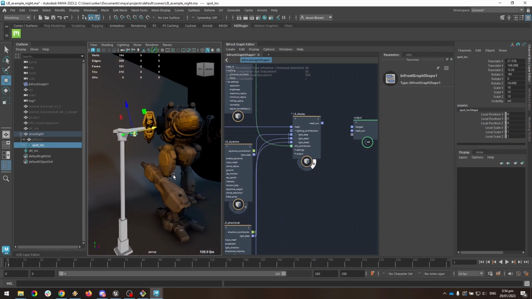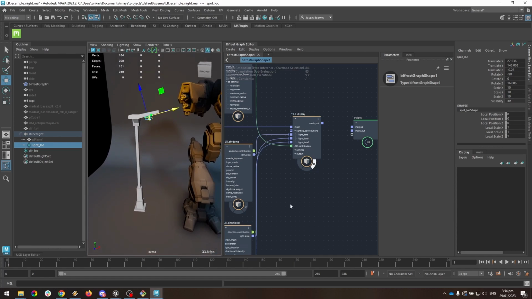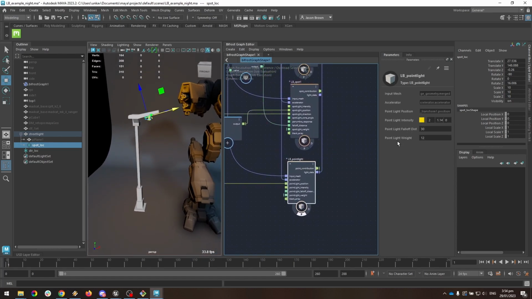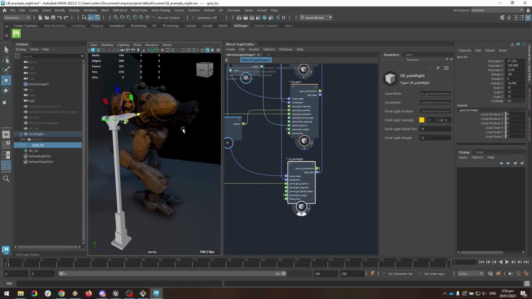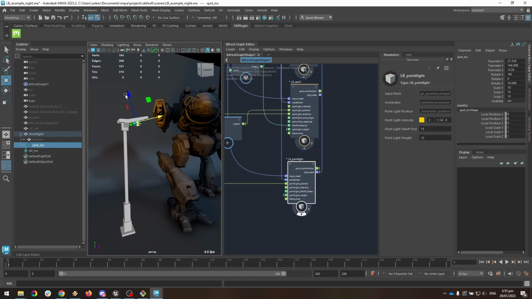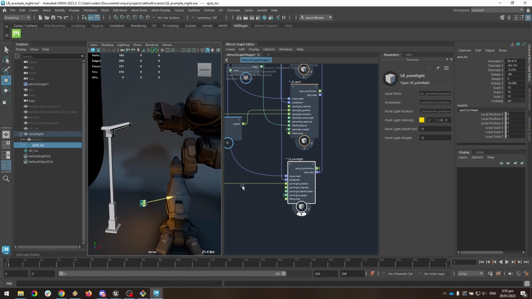There we go. We've got a nice old diffuse point light that's casting shadows and doing stuff that it should do. Again, it has the controls. It's got a long falloff distance. Let's take that back to 15. It's dim a bit. It's not going to make a good street light, but it's just something I wanted to show you. We could also use this for, you see how much slower a point light is? You can use this for just highlighting,